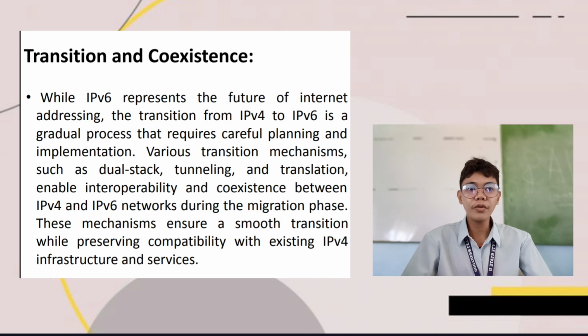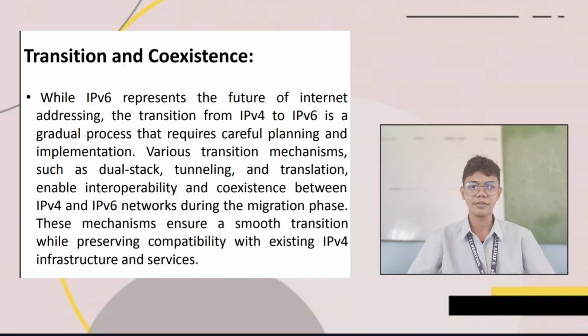So moving from IPv4 to IPv6 is a gradual process, and various transition mechanisms like dual stack, tunneling, and translation help ensure compatibility and smooth coexistence between IPv4 and IPv6 networks during the transition phase. So these mechanisms make sure that existing IPv4 infrastructure